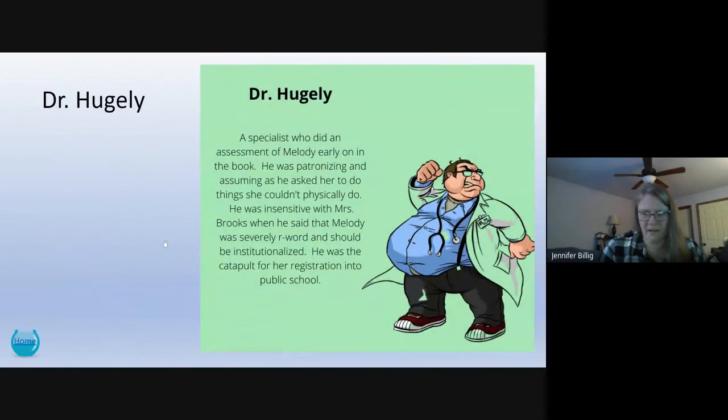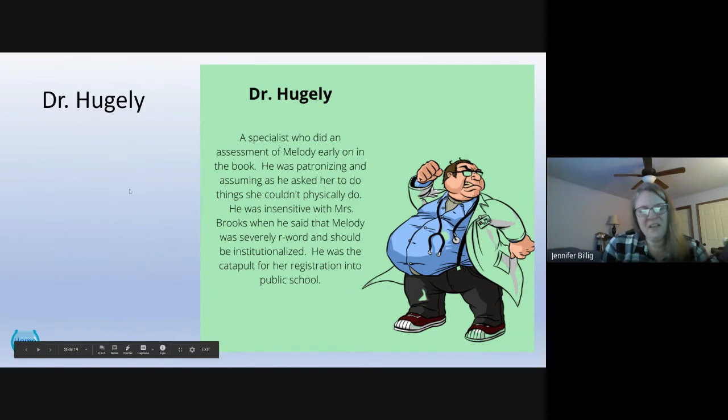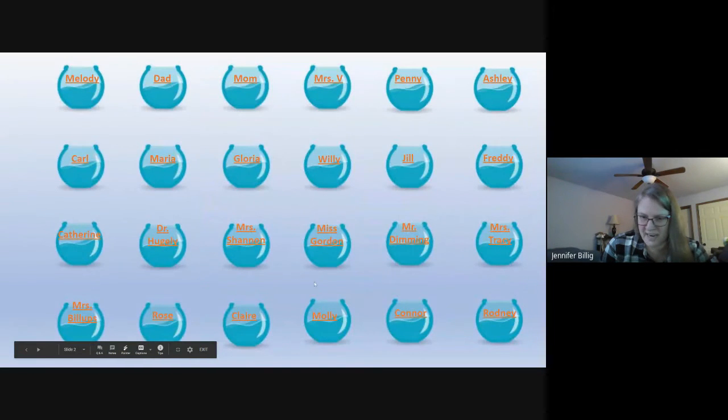So here's the doctor that saw her, who was aptly named Dr. Hughley, and was also, as she described him, very fat with his gut protruding over his pants. So I was able to find a great picture on Google Images for that one. So it'll go through and tell you about each character in the book. So that is there as well. Reference. So if you ever get lost from week to week, it's a nice reference to be able to come back and remind yourself of who the characters are.